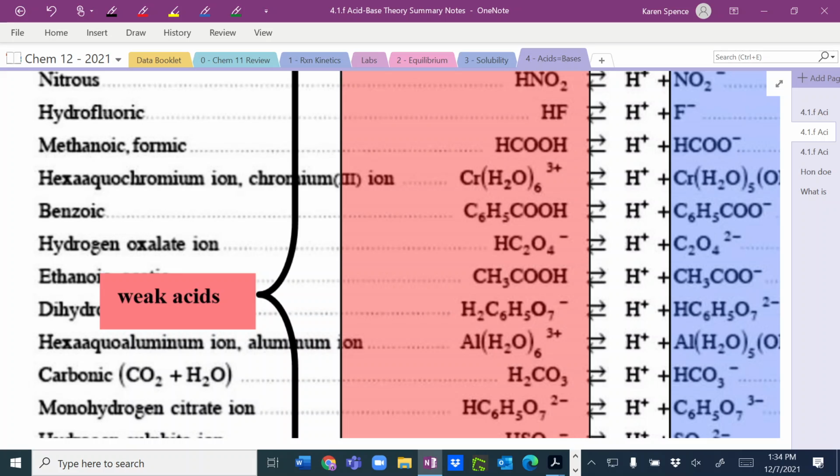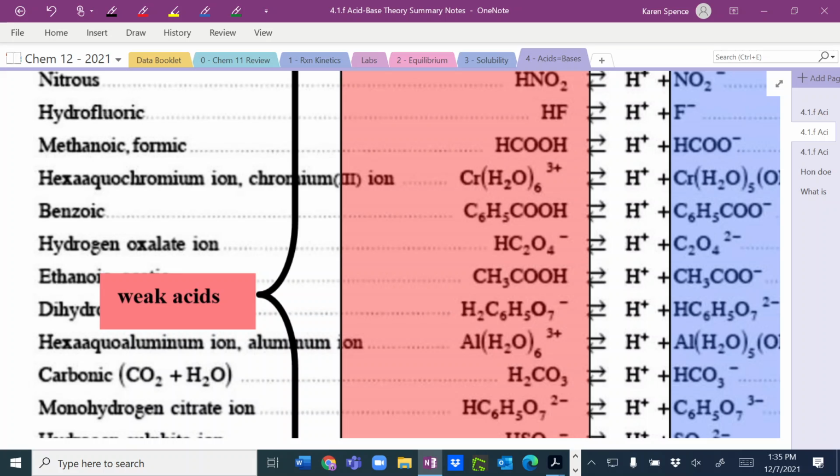If it was a strong acid, all the hydrogens would dissociate. Yes, if the caps are the hydrogens. So this would be a strong acid. We would have all of these floating around separately, and we'd have all of these floating around separately. In a weak acid,